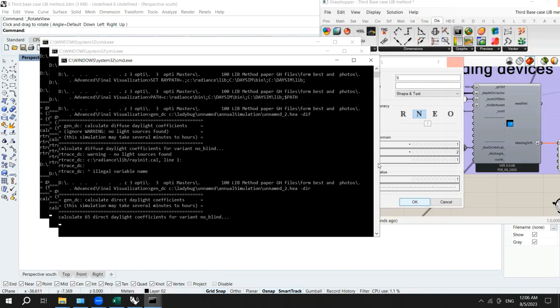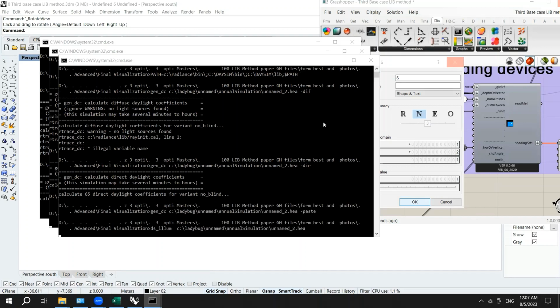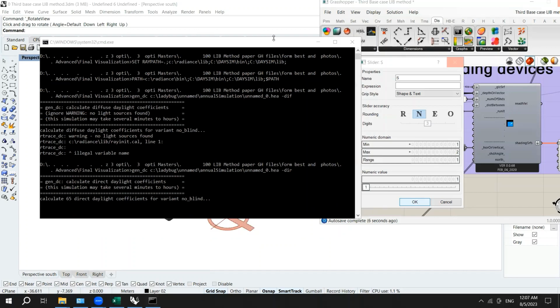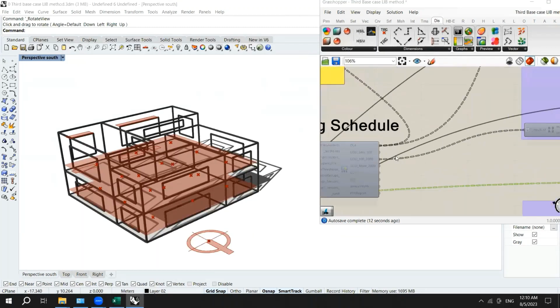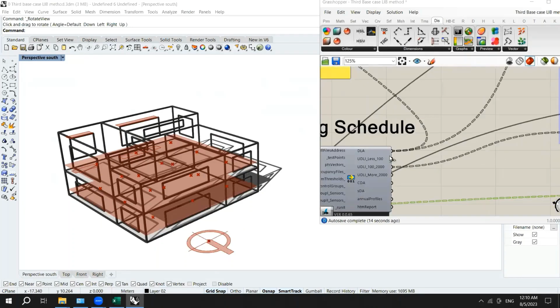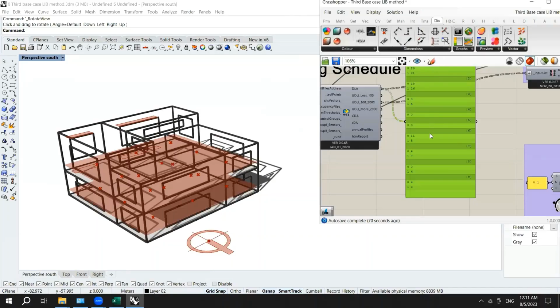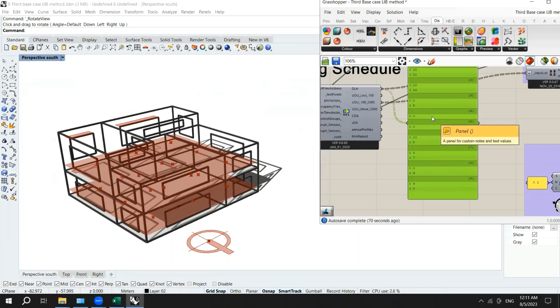And here you will see 3 windows, as you can see here. As I told you before, the daylighting simulation takes much more time. So I will stop the recording again and then get back to you when it finishes. So now the simulation is finished, and we have